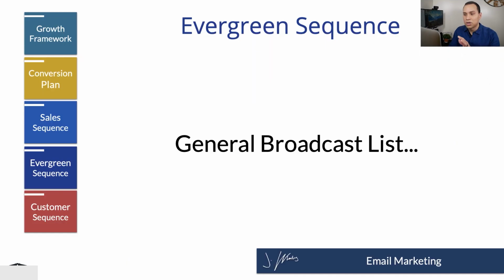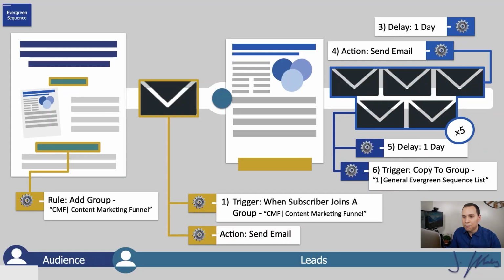So now it's time to create our broadcast sequence, because ultimately most people probably aren't going to purchase the product or service. So we need to move them through the sales sequence and then ship them over to another group where you're going to be sending out your broadcast emails. And these are the emails you send out 2 to 5 times a week, where they are just general, hey, here's some cool content, or hey, here's a new product or service. So going back over to our diagram, we're going to set a day delay, and then we're going to trigger to move the subscriber to another group.